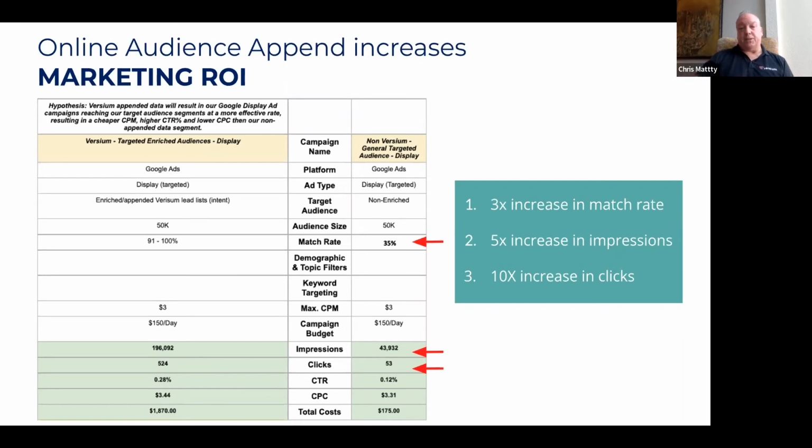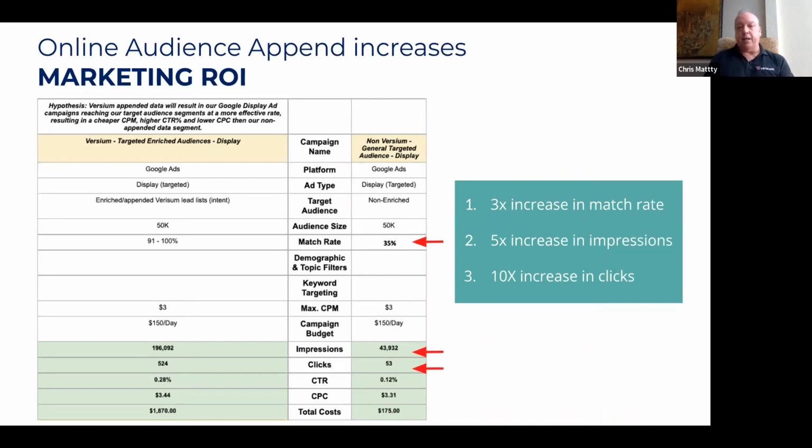And it's not just match rate, because that just means they see those people in their platform. But those people have to be engaging within the different environments, within the YouTube channels and all the different, Gmail and all the different places ads can appear. And that's where you really see it work. So in this case, there was a $150 a day budget just to test this. You'll notice after data enrichment, for the same effective cost or budget in terms of per click, we drove literally 5 times greater impressions.